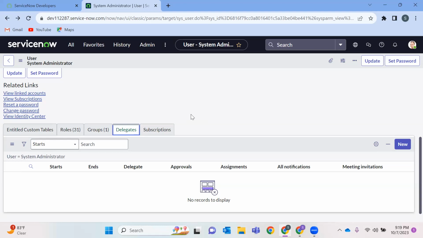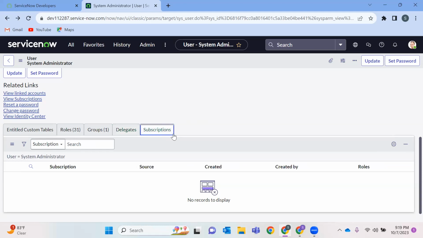Like you can act as a deputy to someone. We'll be performing all of them with examples, so don't worry. And subscription, these are called related sections, these are called related links, and these are the URLs. Under this you'll be finding related sections.